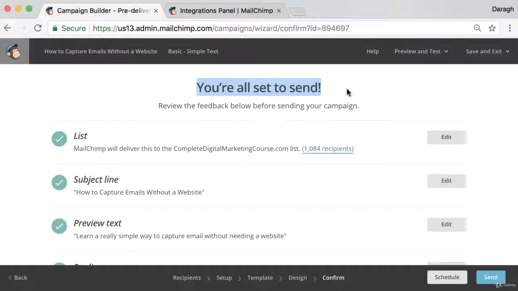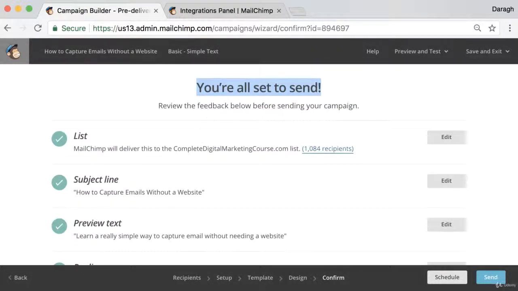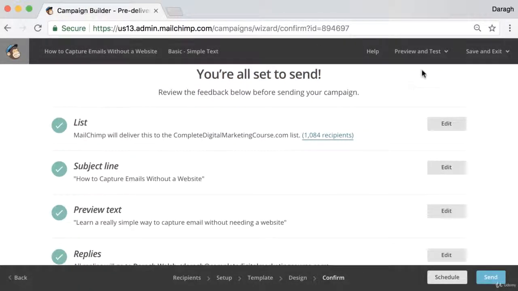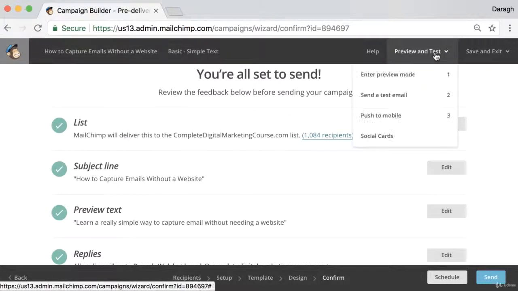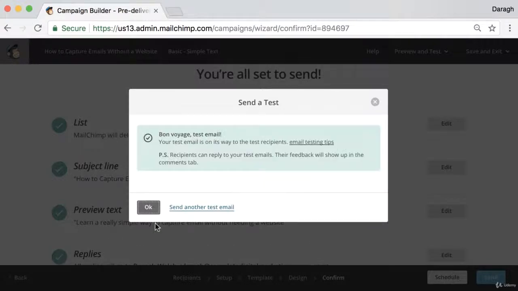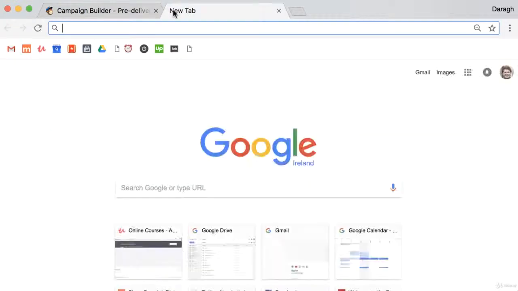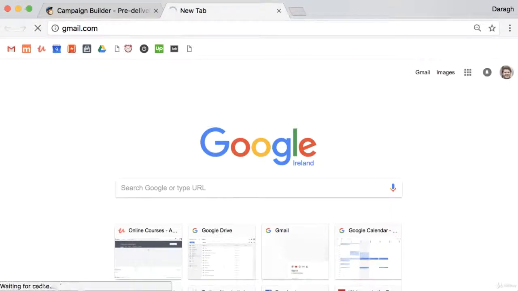And looks like we're all set to go now. We can see we've got the green ticks against all of the different parts. Now a very important thing that you want to do before you go ahead and send out any emails is just make sure that everything looks okay. So what I'd recommend you do is go ahead and send a test email, and you can just send that to your own personal account. And really you just want to look at this email from the perspective of somebody who's going to get it into their email account. So to do that, you want to log in to your email account,